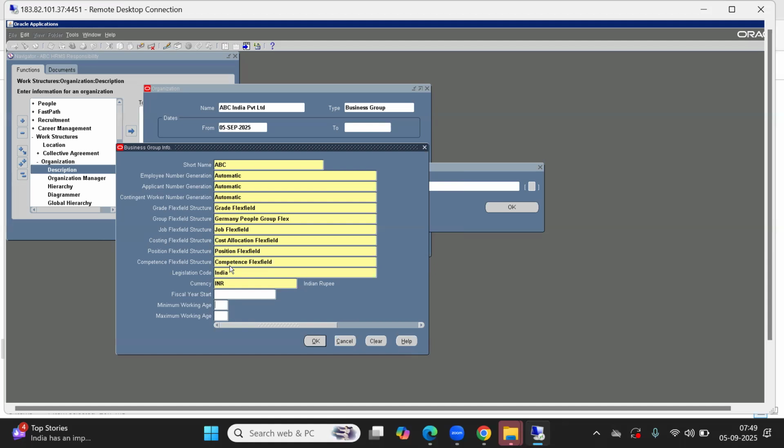Okay, and these are all optional. Okay, start, like business group start. When the business group was started, that date they will give here. Okay, it is optional only. If you want, you can give. So maybe today, I'll give this month. Okay,